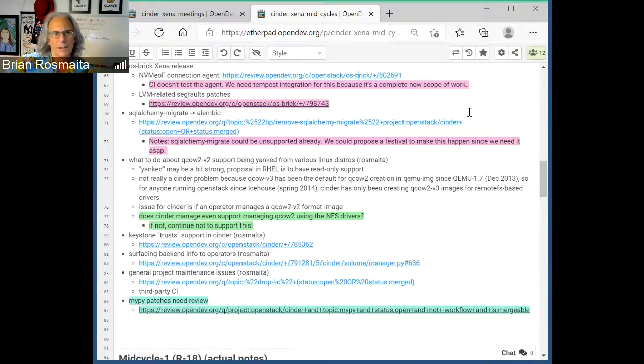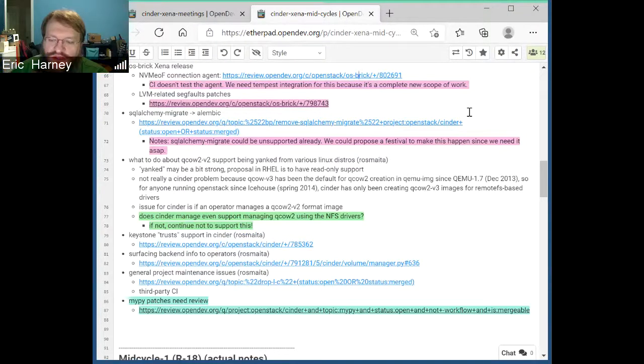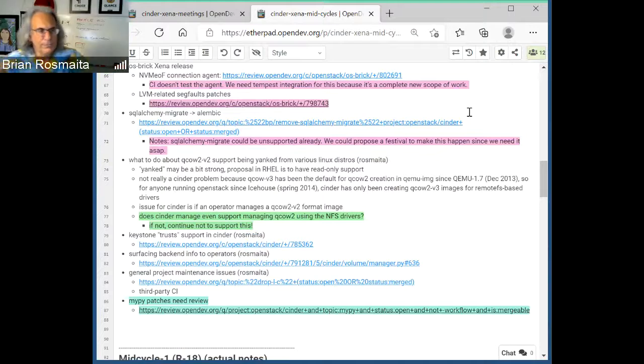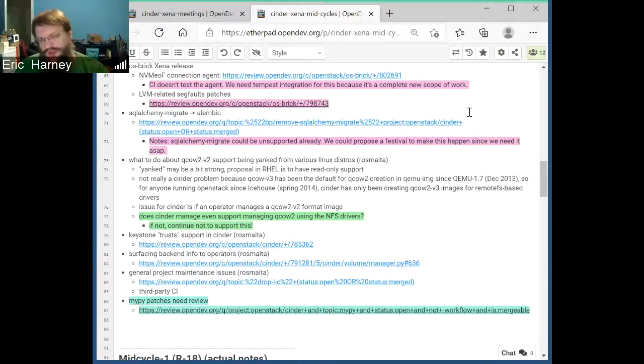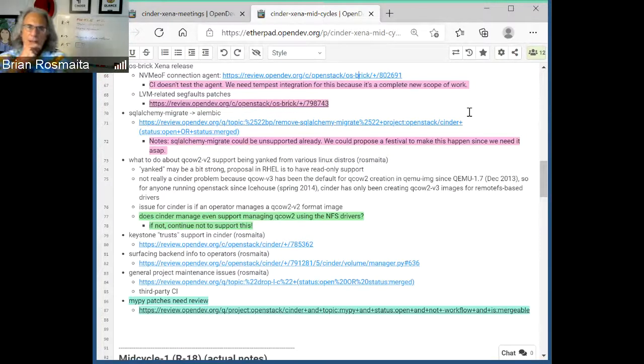Well, I think it's rare enough that we can mostly get out of it by telling admins to go run QEMU image convert to fix up whatever they have that's still in the old format. Okay. All right. Okay, so this might not be a bad thing.